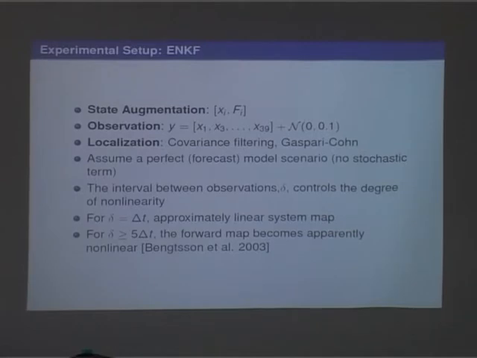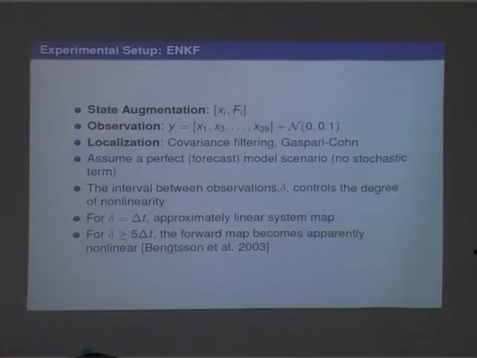In this case, I will also do localization using a covariance filtering technique. So this is different from the local analysis in LETKF. In the local analysis, you do the local analysis on each patch and combine them, with a way to patch them back together, right? But in this case, I kind of smooth the covariance matrix, just make the covariance matrix look more like a band diagonal, something like that. And this will also increase the length scale of this covariance matrix in general.